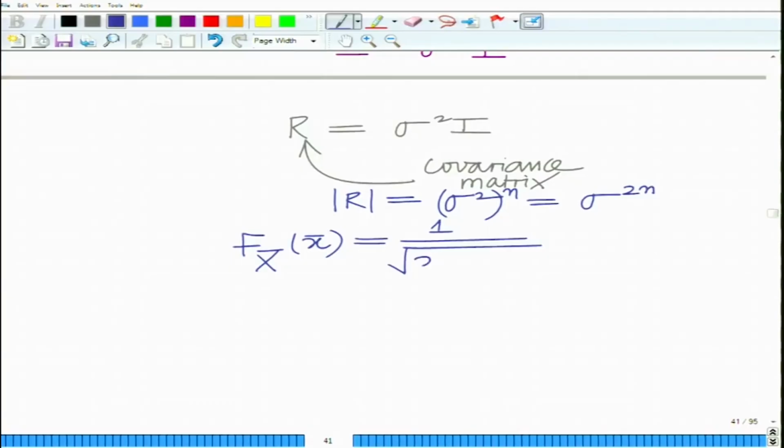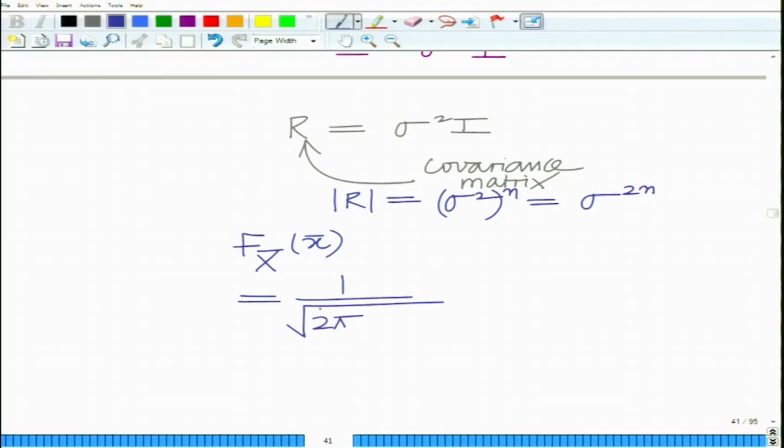Therefore, the probability density function is 1 over the square root of 2 pi raised to the power of n, sigma raised to the power of 2n, that is the determinant,